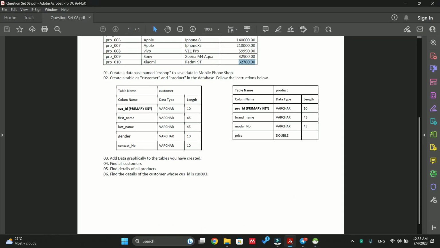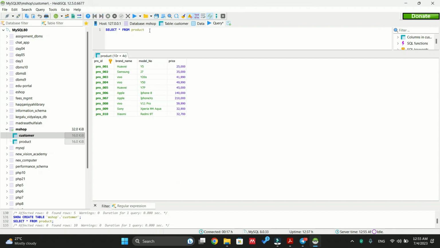So let's look at the last question. Find the details of the customer whose CUS ID is CUS003. Alright, so we'll have to find the customer with this CUS ID, customer ID. So we'll be using the same query and another query as well. So I'll be using select all from